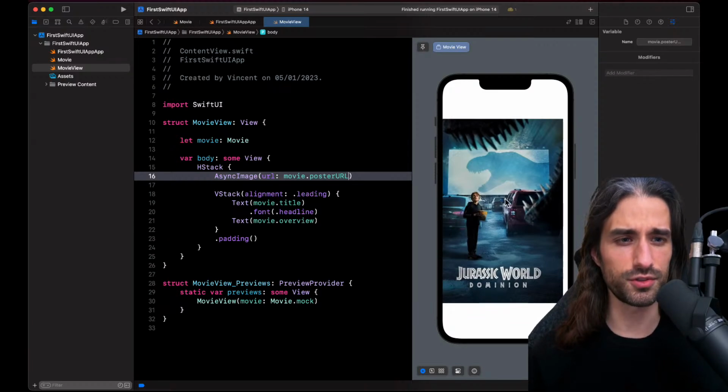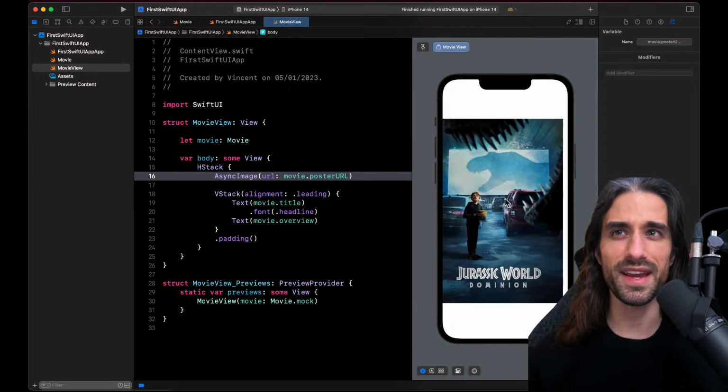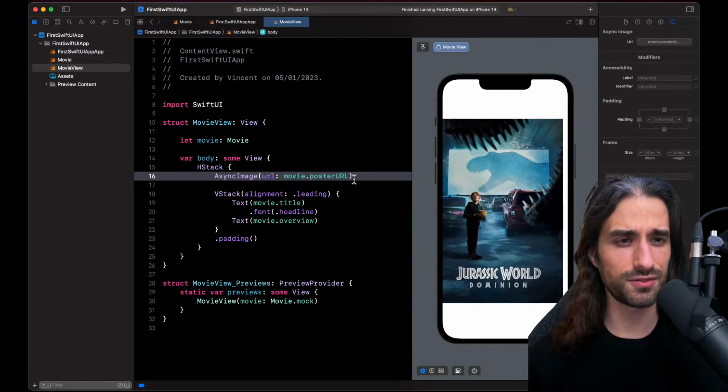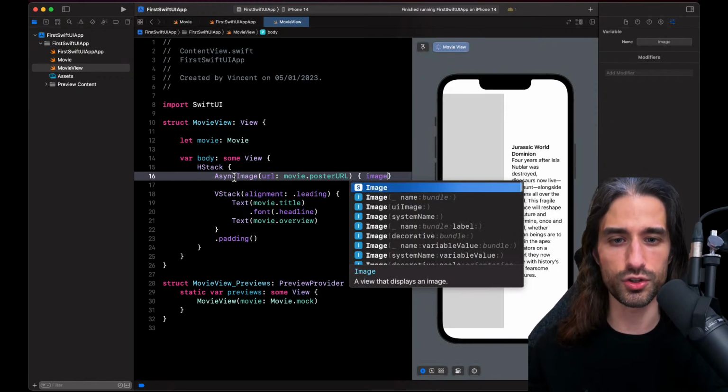So you can see it's absolutely enormous. That's because I haven't yet given its size to the image. So let's do it right now. The way I'm going to do it is going to be a little bit different than for other views, because this view has an asynchronous mechanism to it, meaning that the image is not available immediately. So I will need to pass the view a closure to say how I want to style the image when it is available, and the AsyncImage view will call that closure once the image has been loaded. So let's pass that closure.